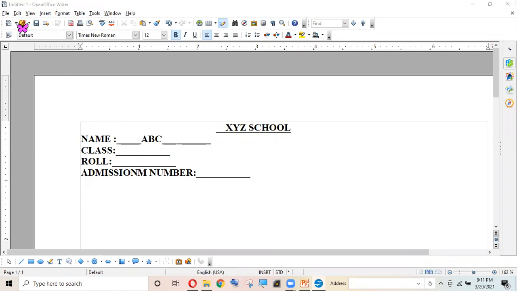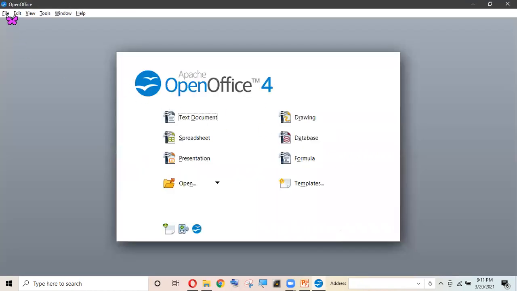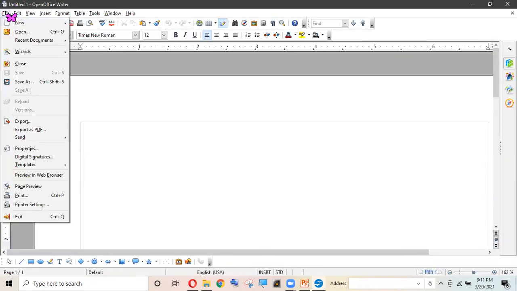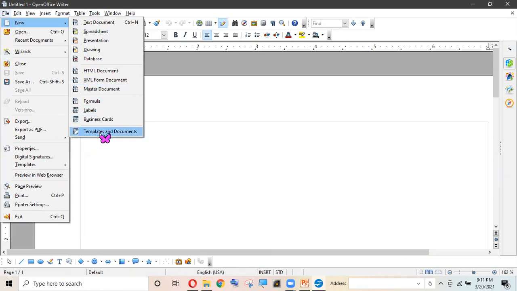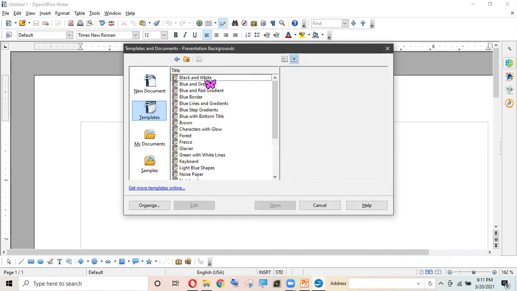And the second thing, as I told you, is how you can create a template. Firstly, you go directly to the file or document. Just open the text document again, click on File, New, and Templates in Document. So you can create your own templates. I don't want this, so again I'm coming back to My Templates. I'm going to my presentation and backgrounds. I can create all my templates.